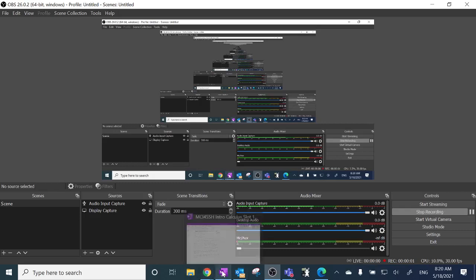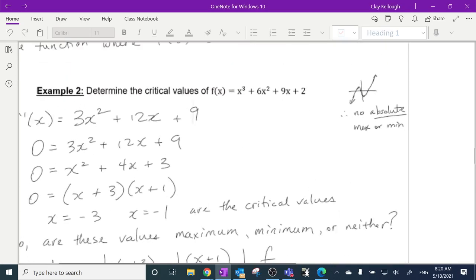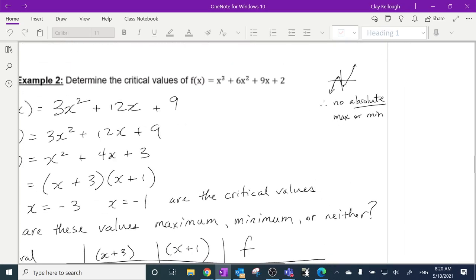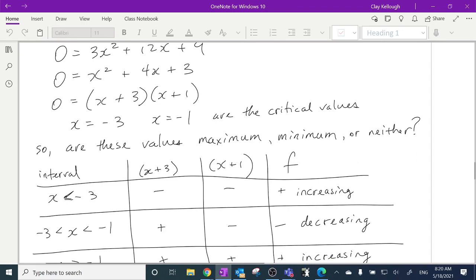Okay, we're recording. All right, so yesterday we left off with example 2, where we looked at a cubic function, and because it was a cubic function, we know that its basic shape is like this. It goes down forever to the left, up forever to the right, and we know it's continuous. So that means that we know there's no absolute maximum or minimum. So if it has maximums or minimums, or maxima or minima, I should say, then we know that they're just local. So to find them, we went through the equation, we went through the derivative,